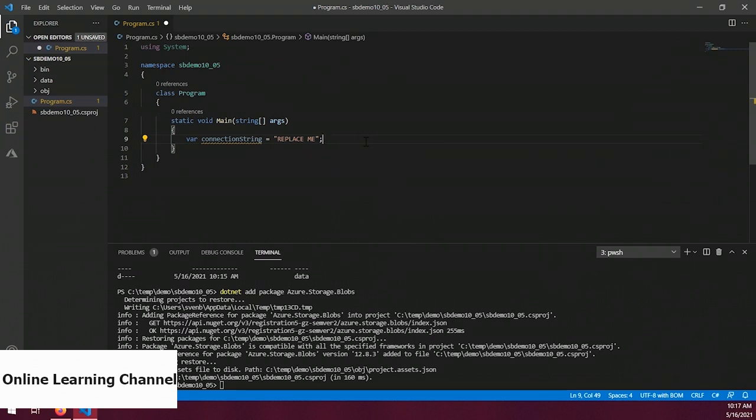Okay, so the next thing we want to do is connect to a Blob container in our storage account. So let's add a blank line after our variable and then write a few lines of code to establish that connection. var container = new BlobContainerClient(connectionString, "demo"); and then on the next line, await container.CreateIfNotExistsAsync();